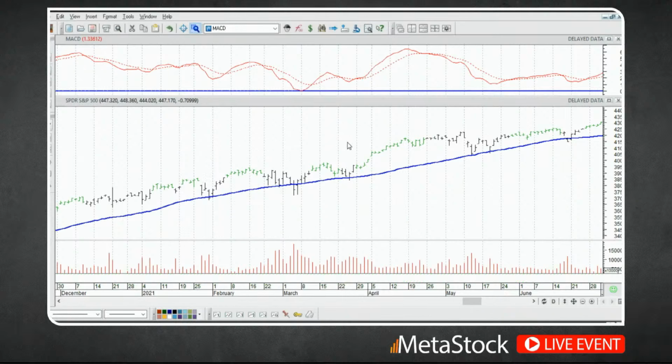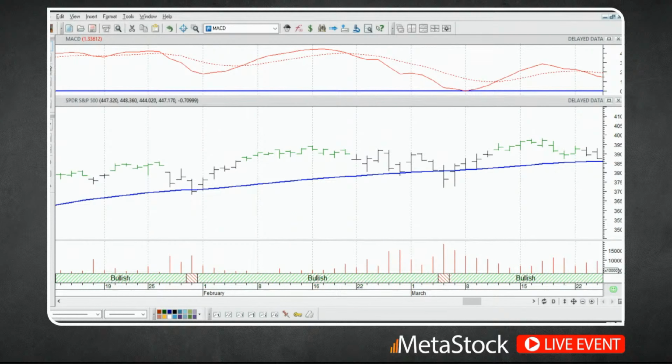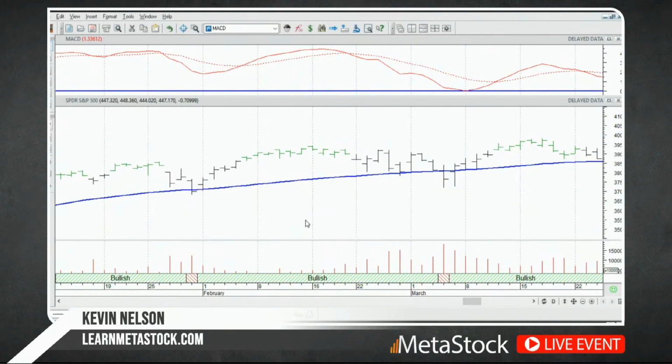We'll grab this little section right here, and you'll see that these price bars right here have changed color to green. Exactly when they went from black to green is when that solid line went above that dotted line. And when it did, those price bars are then green, and they stay green until that solid line drops down below that dotted line. That's again what we want to do, is look really closely at it to make sure that it's working correctly. And once that's working correctly, then we can do it for the other side as well.